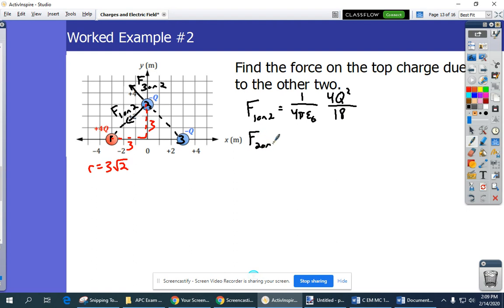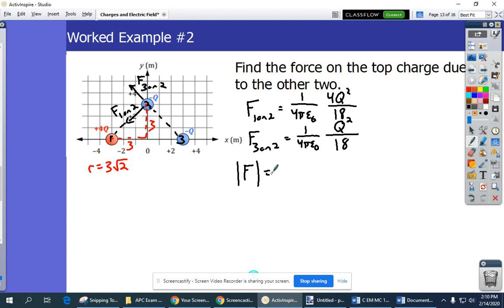F2 on, oh, sorry, getting my subscripts wrong. F3 on 2 is 1 over 4 pi epsilon naught. It also has a radius of 3 root 2 because it's also nice and symmetric, but this is only q squared because it's negative q and negative q. So now if I want to figure out the magnitude of the total force,